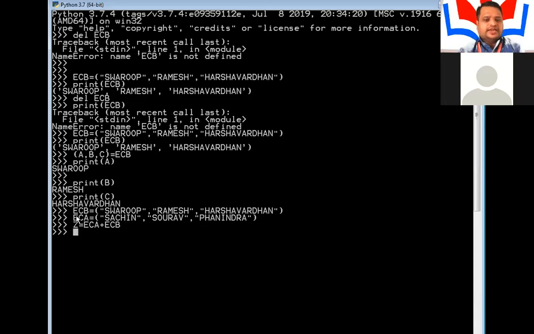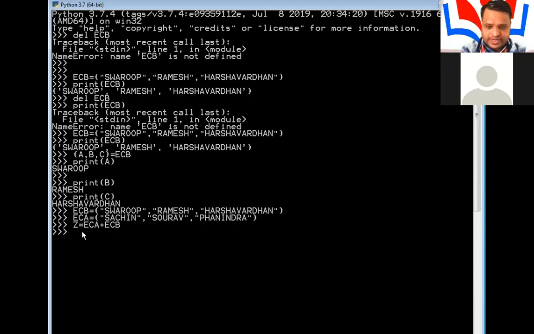You can notice that we are not getting any error. So here z equal to ECA plus ECB. I'm using the plus operator in between the two tuples, ECA is one tuple, ECB is another tuple, and that value will be assigned to another tuple, that is z.